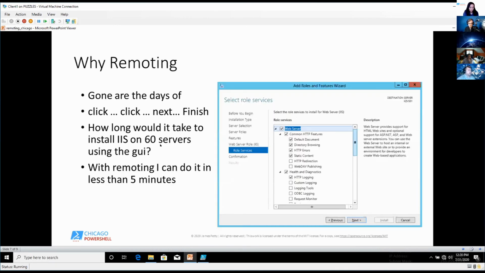All right, so like I said, why do we want to do remoting? Gone are the days of click, click, next, finish. This is a terrible way to deploy an IIS web farm, especially if you might have dozens or, depending on large companies, maybe even hundreds of IIS web servers. So why in the world would you want to click next 1, 2, 3, 4, 5, 6, 7, 8 times, however many machines you have? And actually there's 2 more after this, so 10 times on your entire IIS web farm, when I can just write a simple PowerShell script and execute that from my machine on my entire web farm at once